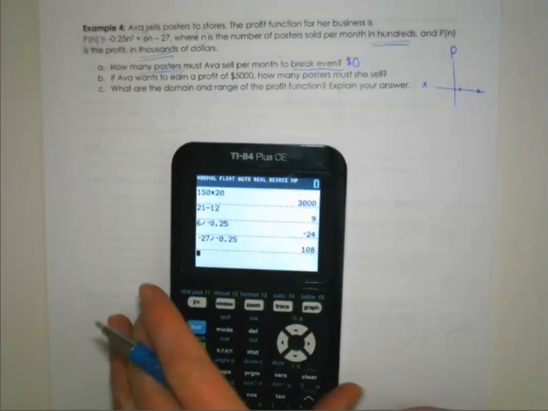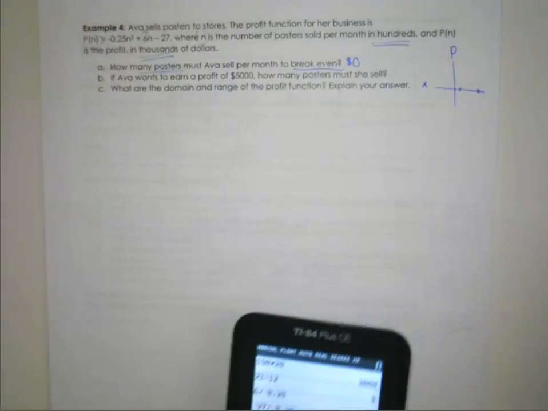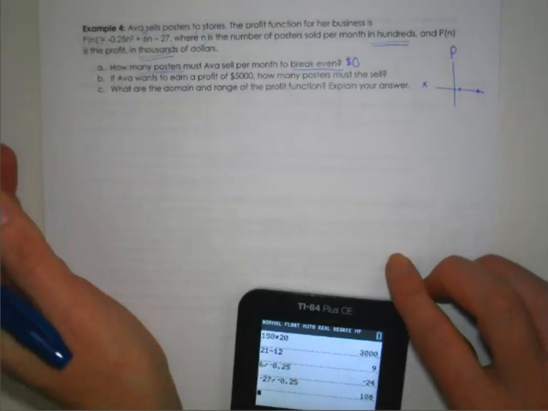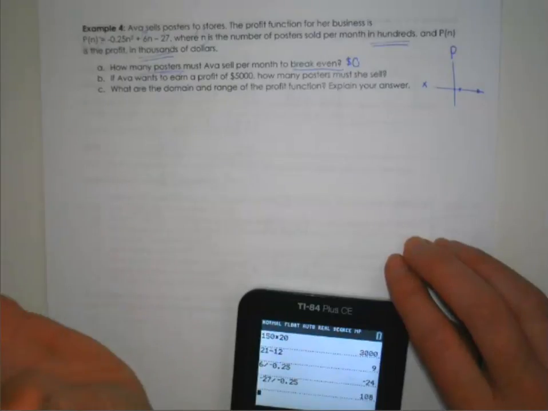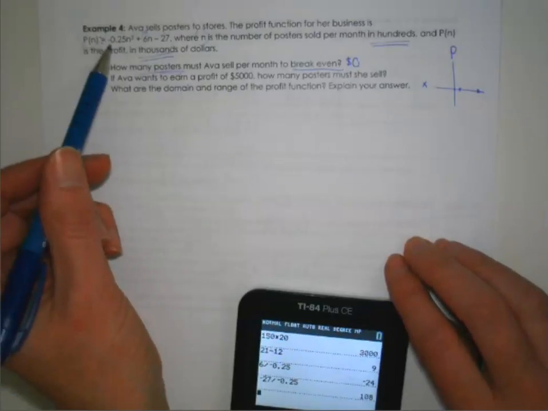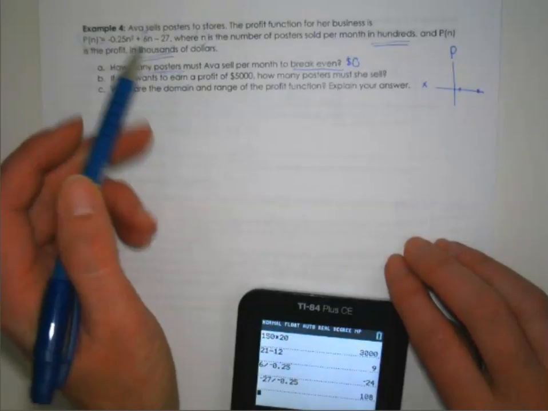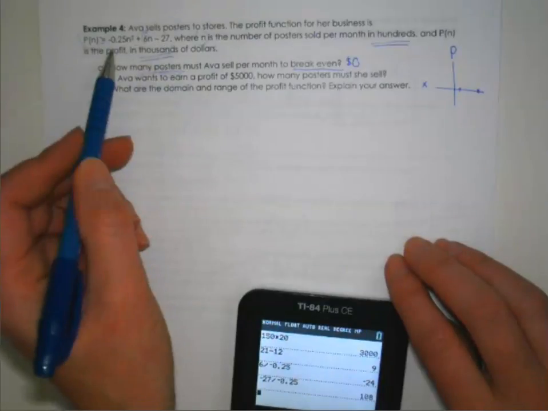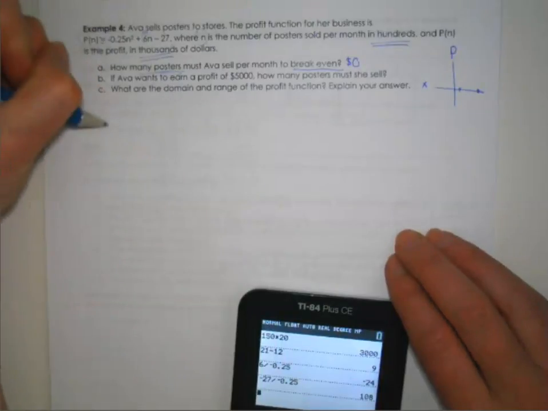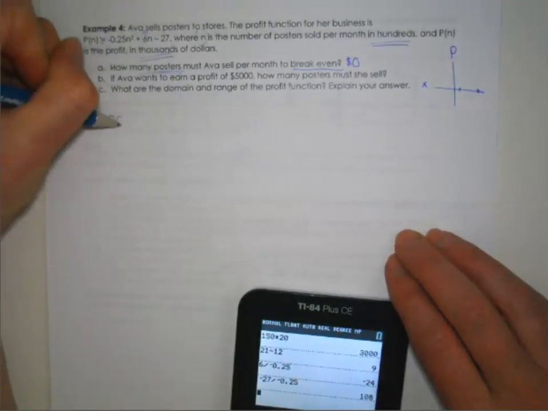Okay, so in a question like this, you might be wondering, why am I not just entering this whole thing in my calculator and solving the way we did in the previous lesson? Yes, you can sometimes do that, but keep in mind on a test you might be told you have to solve it algebraically, and in that case you would need to be able to solve a question like this without your calculator. So our first step is dividing out that negative